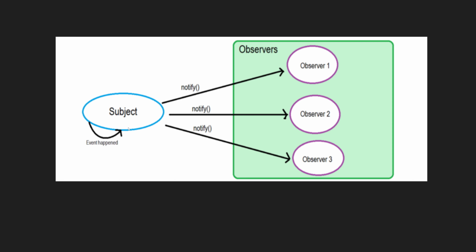So who needs the values? The subject will be sending the values to them. Whenever the subject sends a value, it will notify all the observers. So these are the list of observers. When they register, the subject will keep them with itself, and now it will send the data. Whenever the subject emits the data, it will send the data to each observer.